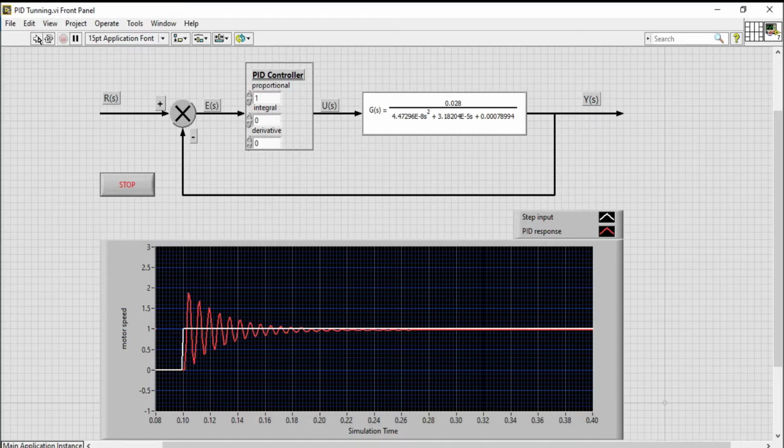According to this figure, your response dies out after some time, and this is the transfer function of my motor.